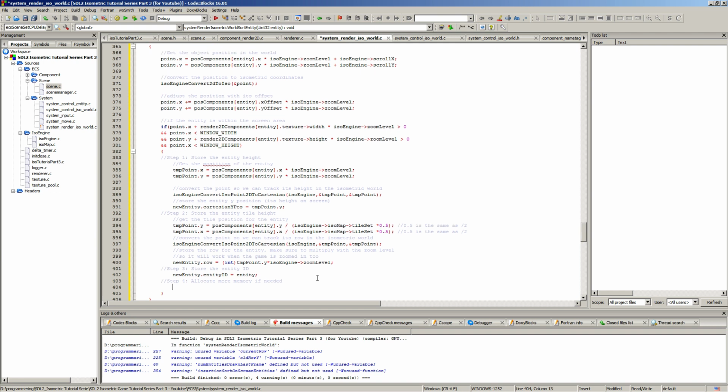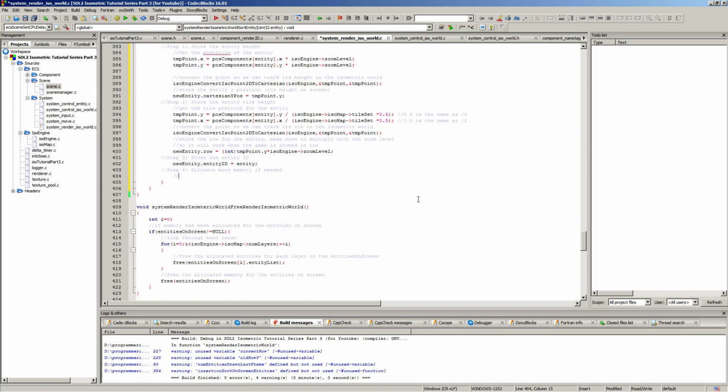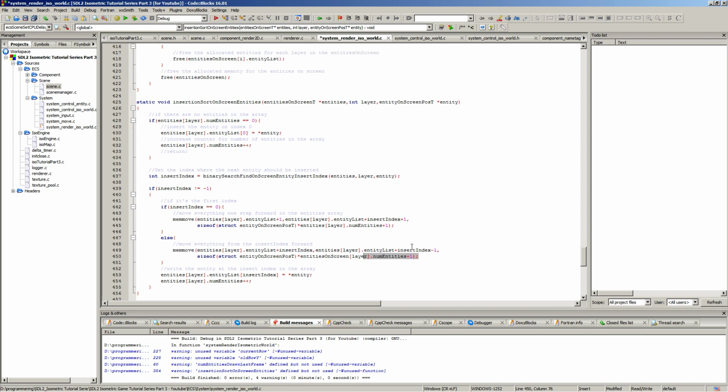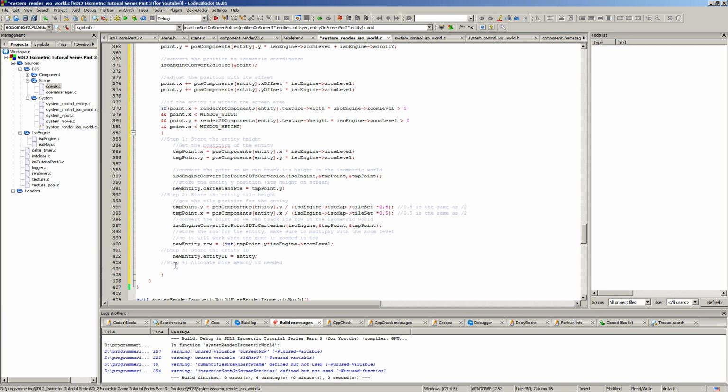Now when I was trying these things out earlier, I realized that because of a function down here, we are moving memory forward with the mem move. We're going to write over memory. If it's not allocated, then we're going to mess things up. I was trying to find a good way to solve that, and the best way I could do it was to make sure we never write outside of the allocated memory. We add another 1000 entities